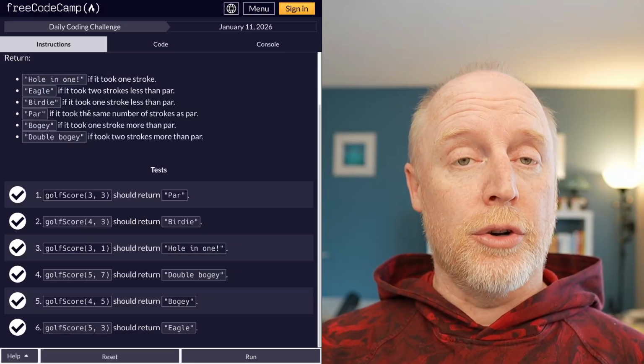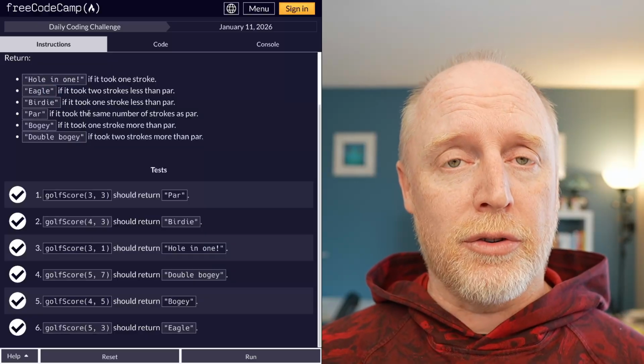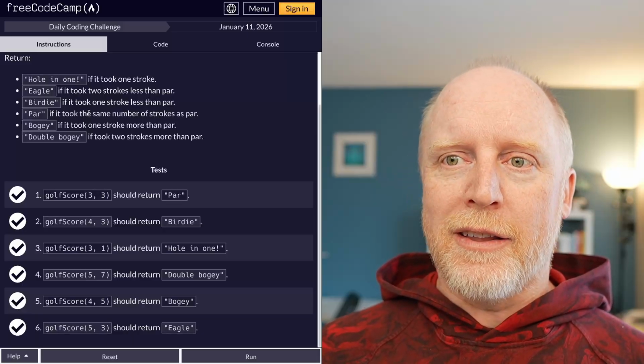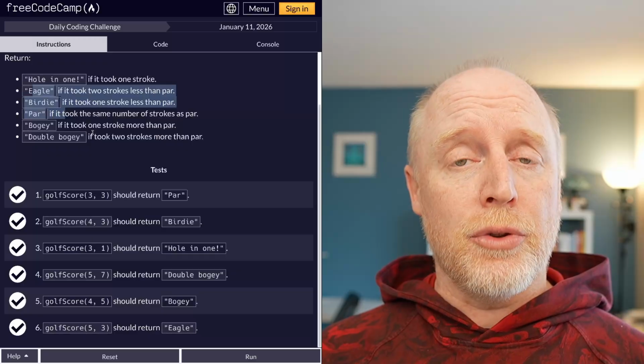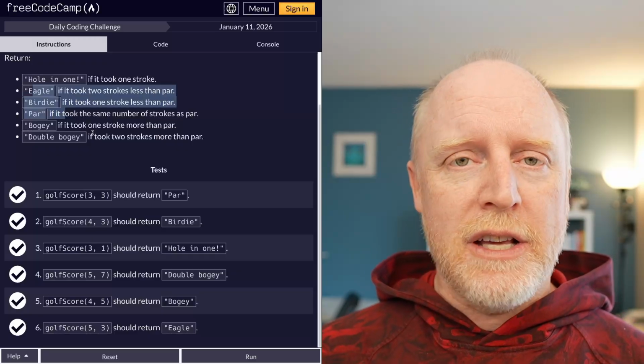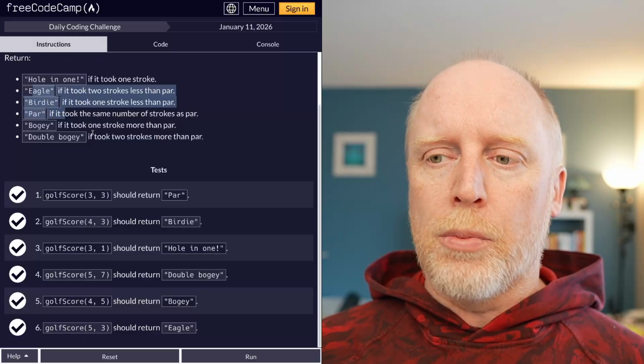My research shows that it's called something like an albatross or a double eagle, but we don't have that entry inside of here. Could we go and add it? Absolutely, because we have that map. Makes it really easy to update, right? No problems. But